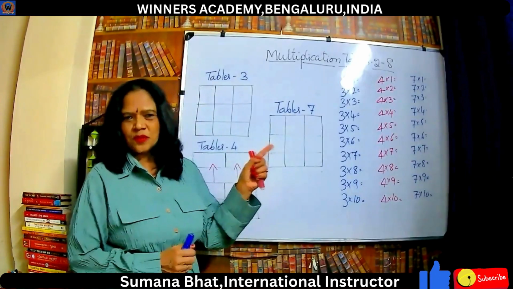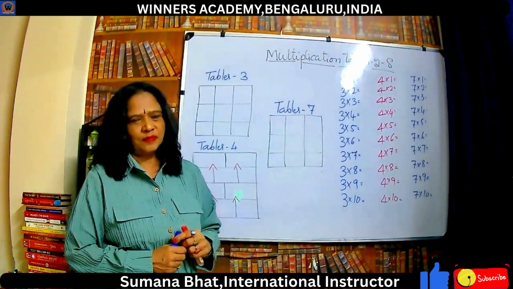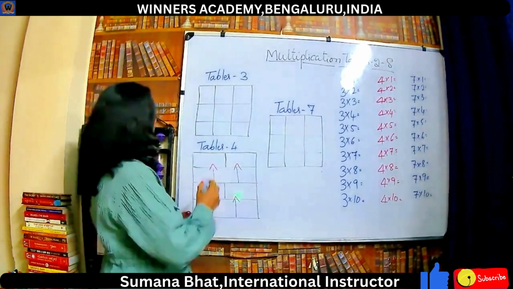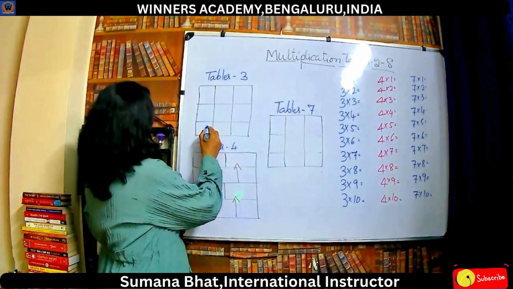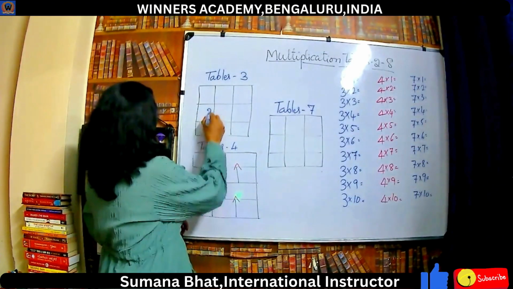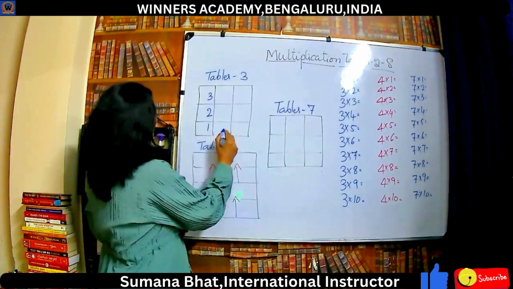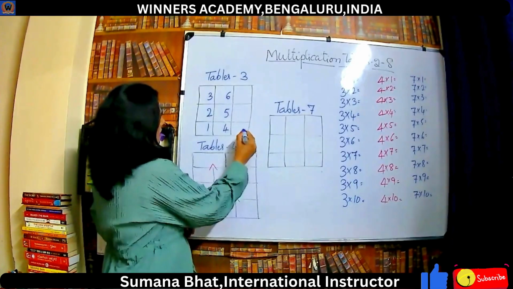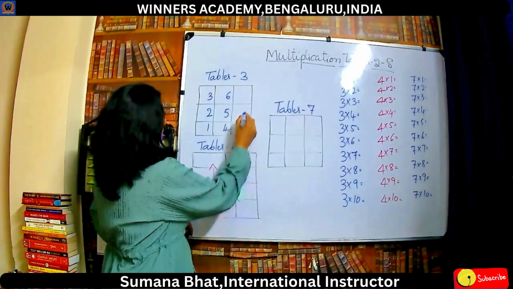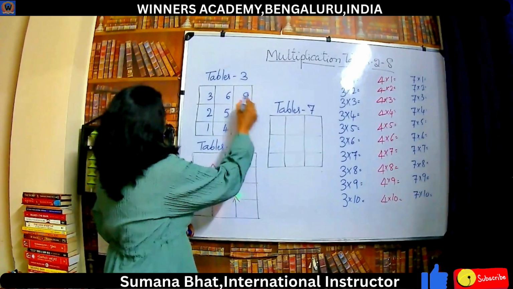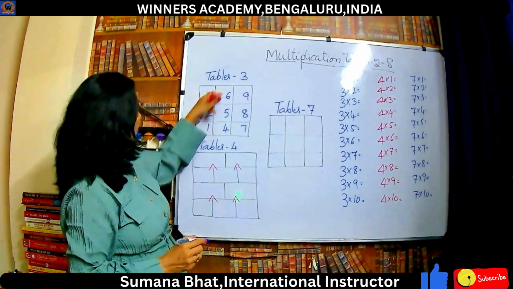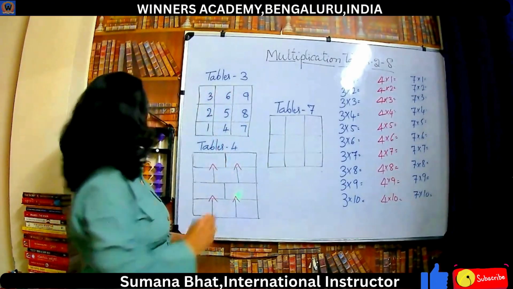See the tricks for multiplication tables 3. See this, so beautiful this is. What to do? Write the numbers from down. 1, 2, 3. Start from the bottom. 4, 5, 6. Start from the bottom. 7, 8, 9. Okay. Now see, 1, 2, 3, 4, 5, 6, 7, 8, 9 you have written from the